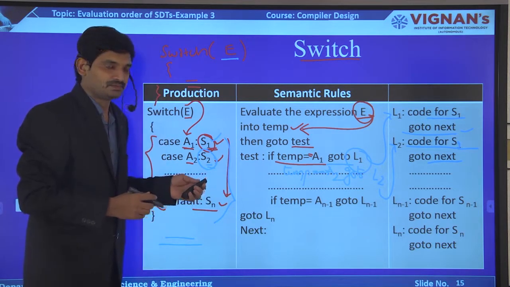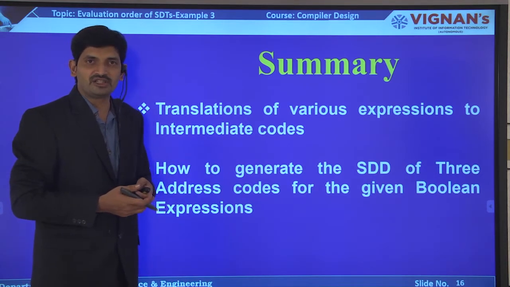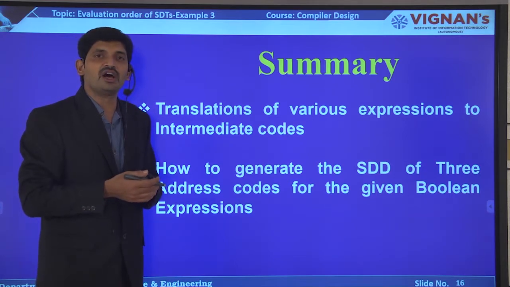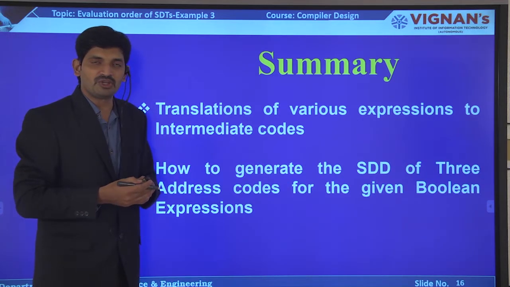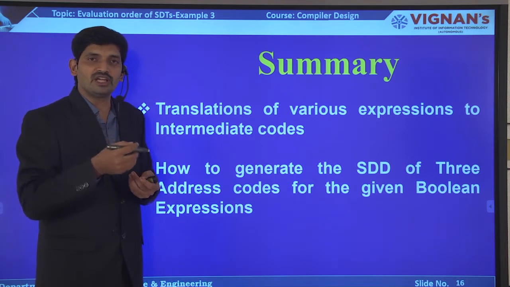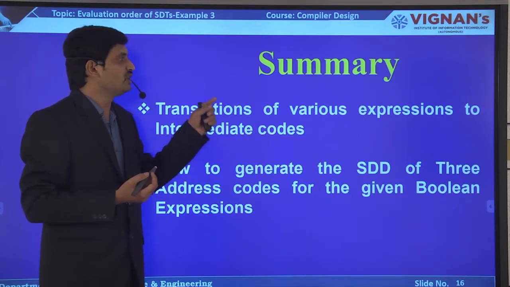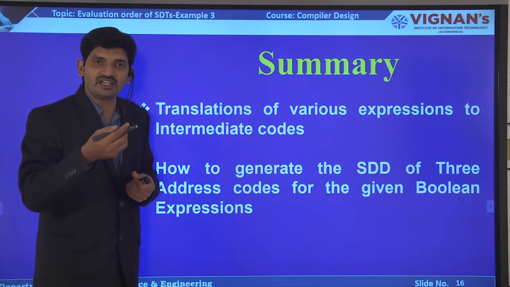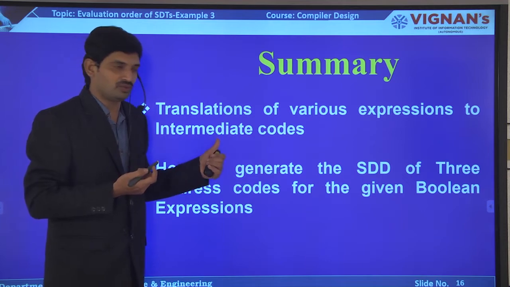Clear? Okay, from this session we learnt how to convert the given expression into the 3-address code. The purpose of converting these expressions to 3-address code, or intermediate code, is for the smooth execution of the source code, because we cannot convert the source code directly into the machine code. So in between source code and machine code, definitely we need an intermediate code. So we are converting this expression into the intermediate code form. Here the intermediate code form is 3-address code, which is the well-known intermediate code form.